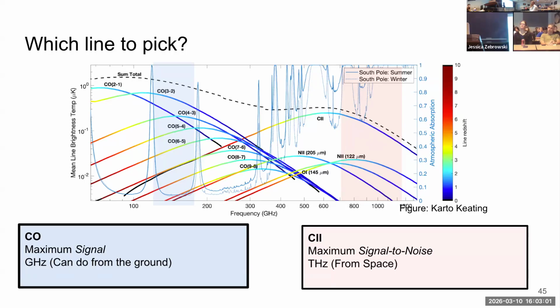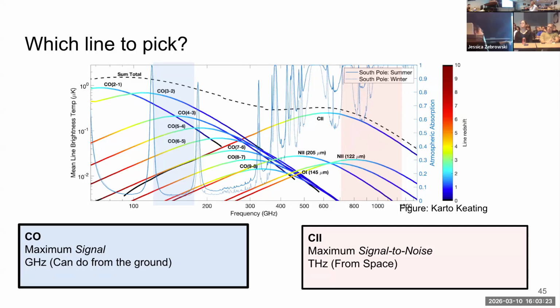You're saying that is the highest point here on the plot. This is making you're now building a telescope in the gigahertz. This is nice because you can do it from the ground because the atmosphere is transparent in gigahertz. Maybe you're looking at that and saying, wow, that is a lot of lines on top of each other. It's going to be really hard to disentangle what line is doing what.